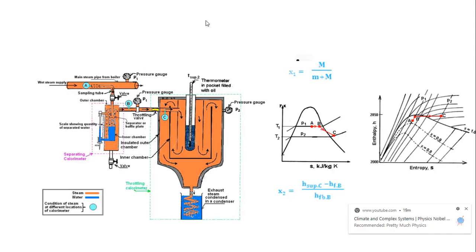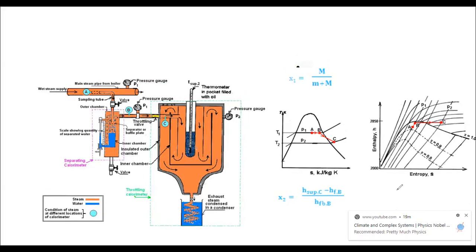How to solve this? Let me share with you the whiteboard for solving this. So first step is to determine the small m from the mass balance. So what we will do is that we determine small m. Small m is what? We are defining small m as the mass of moisture which is removed from the separator.